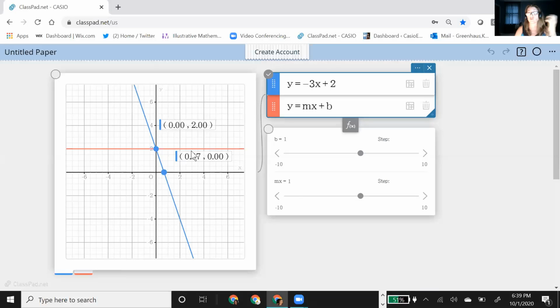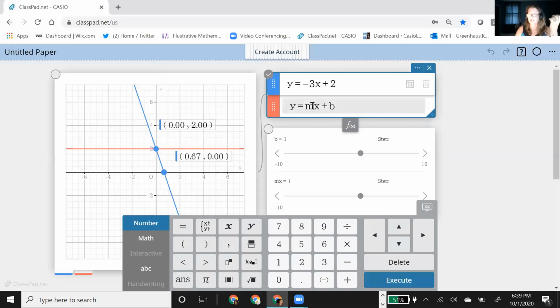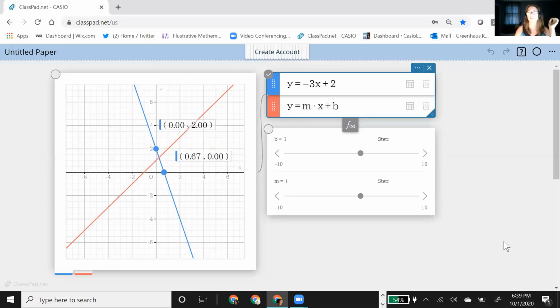And notice that it just graphed a straight line. And the reason is this is really just a constant if you put these together. So I need to go back up into this and make sure I put in the multiplication symbol. And now you'll see the difference when I hit execute. So now it's just the variable m and it's just the variable b. But now the difference is, because these are sliders now, they are controlled. The movement of this line is controlled by these sliders right here. And I can now move them.